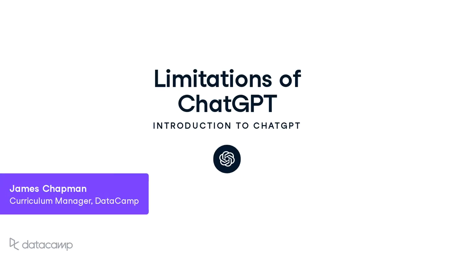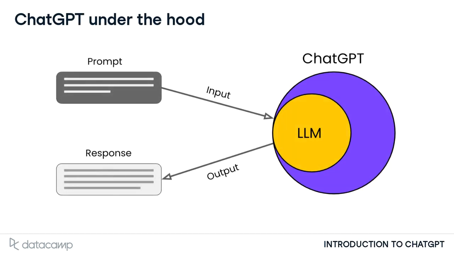Although ChatGPT is a valuable tool that can perform a huge variety of tasks, there are some limitations to be aware of to use it effectively. ChatGPT's text generation capabilities come from a large language model, or LLM, which sits at the heart of the application. The LLM interprets the prompt and generates relevant text in response, based on its understanding of language. To understand some of the limitations of ChatGPT, we'll first need to delve a little deeper into how the LLM